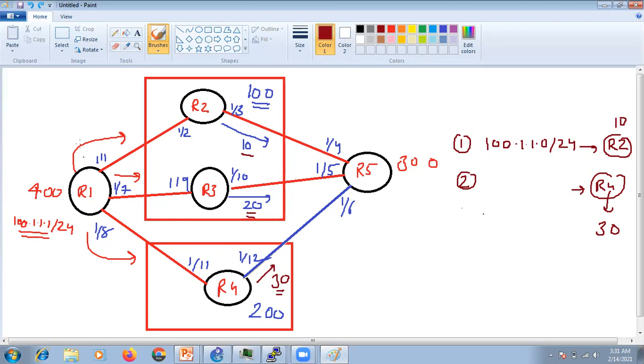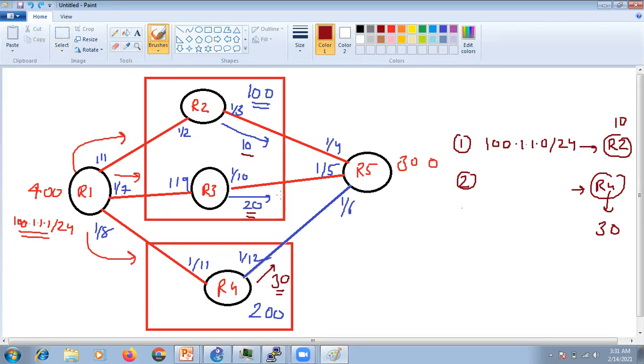But as we have already discussed, R5 will compare the MED only if the update is coming from the same AS. Because R4 is in AS 200 and R2 was in 100, it is not going to compare. It is not going to take any action.